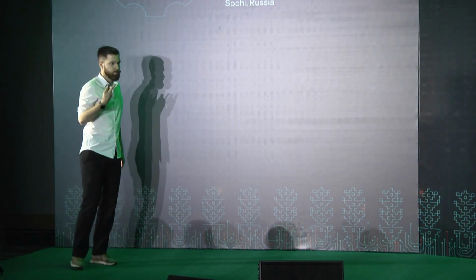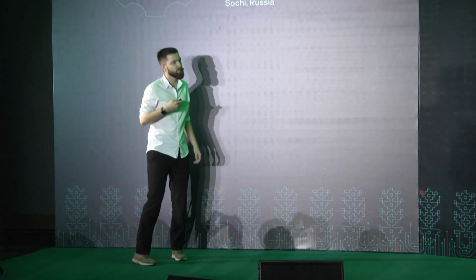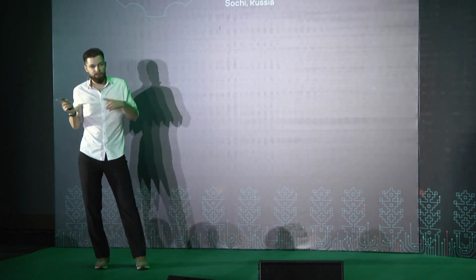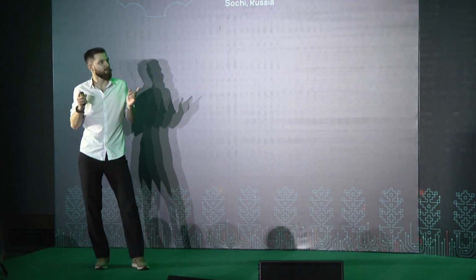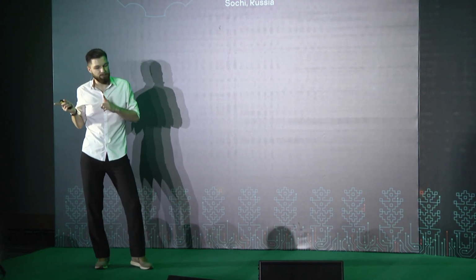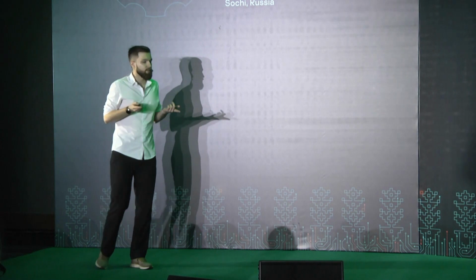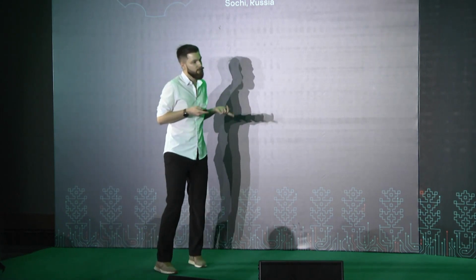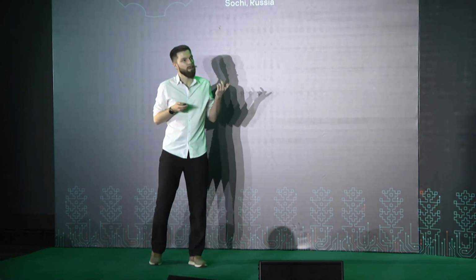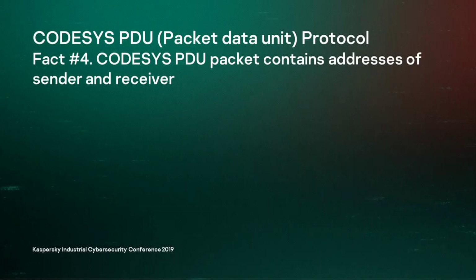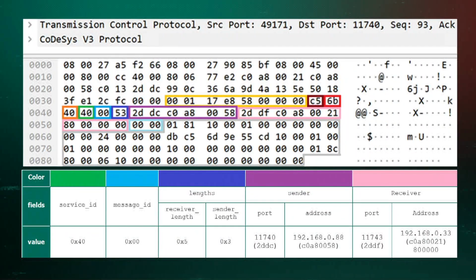The next point. The CODESYS PDU packet must contain addresses of the sender and receiver. The sender is basically the address that needs to process the packet. The receiver is the address that needs to receive the result of this processing. There are 2 types of addressing in CODESYS PDU, direct and relative. Direct